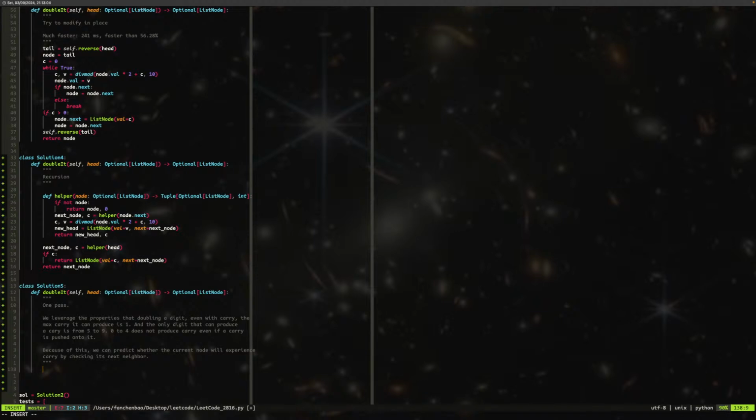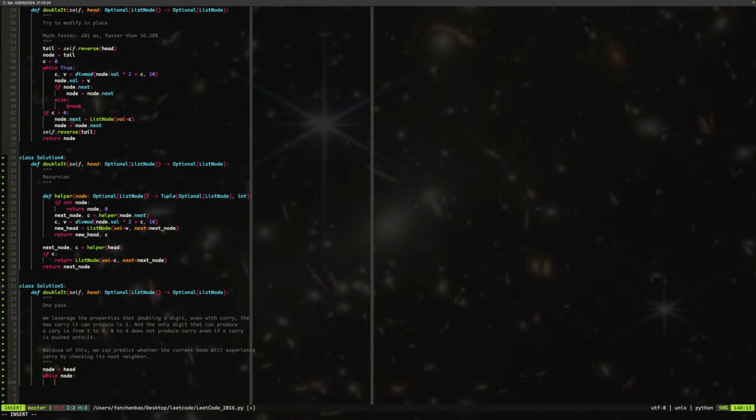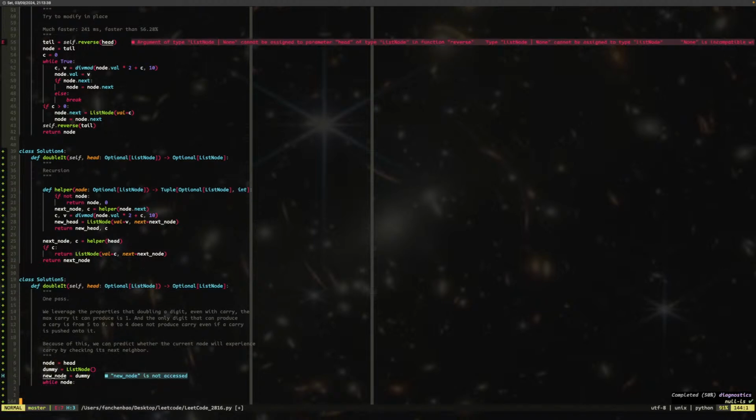Okay, so we're gonna do one pass. We're gonna have node equal to head, and we're gonna say while node, and I need a dummy. Okay, so dummy equal to a ListNode. Dummy is that, and we say new node. New node equal to dummy. So while node,